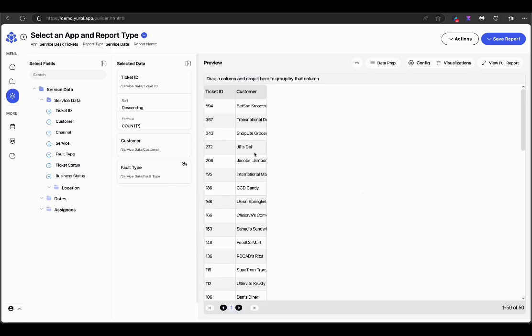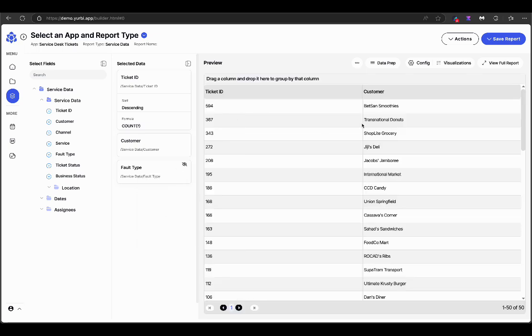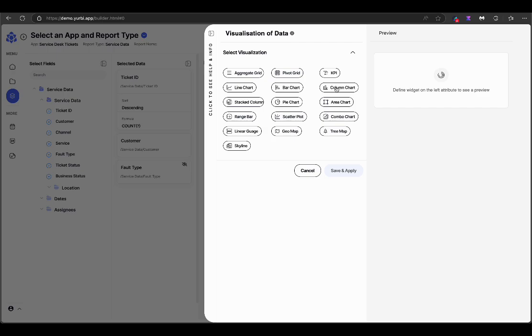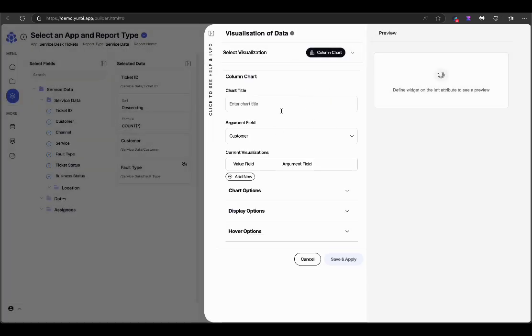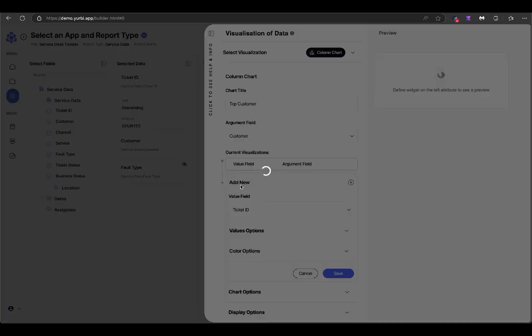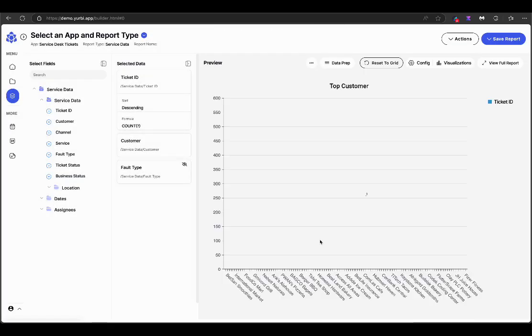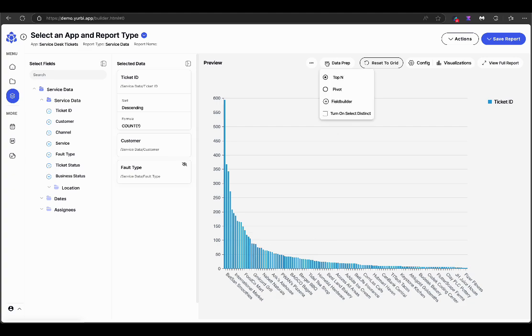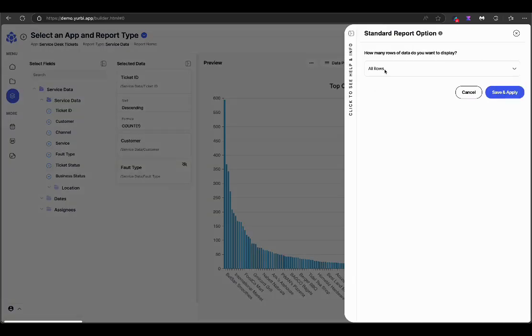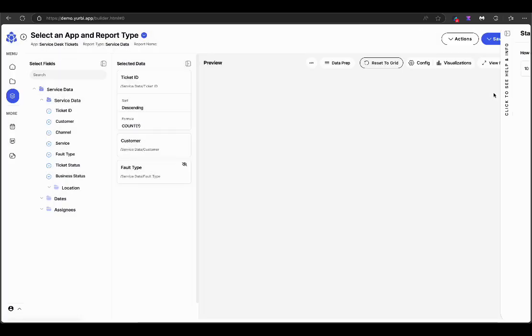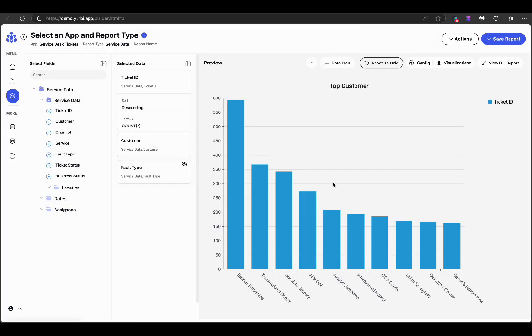And you'll see that we just created a nice summarized report of how many tickets we have by customer. And then the other power they have is to pop that into a visualization. So if I want to quickly turn this into perhaps a column chart, I can add top customers, add in that count, and I've got a chart of those. This is a very busy chart, so I might want to bring that in and make it just the top 10. So you'll see with just a few clicks that you can build very powerful types of charts and visualizations